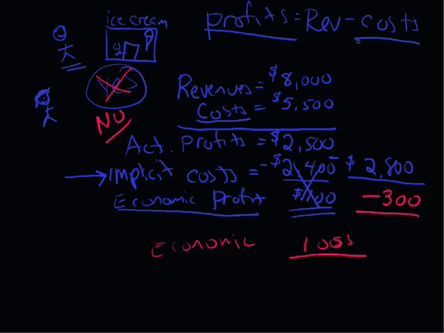So the big news is when we think of costs in economics, when we draw cost curves in economics, not only are we thinking about the explicit accounting costs, but we're also talking about implicit costs. That means if there's an economic profit of, say, 0, then we would go ahead and probably open up the ice cream shop. Because not only are we covering our costs, but we're covering our implicit costs.